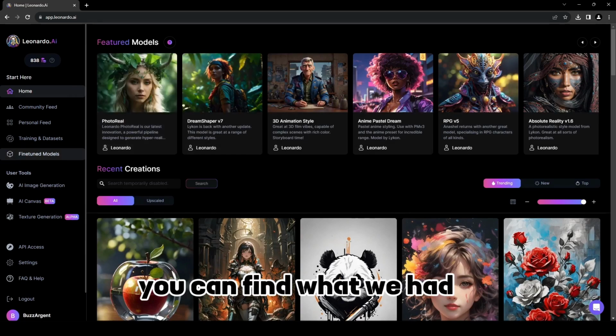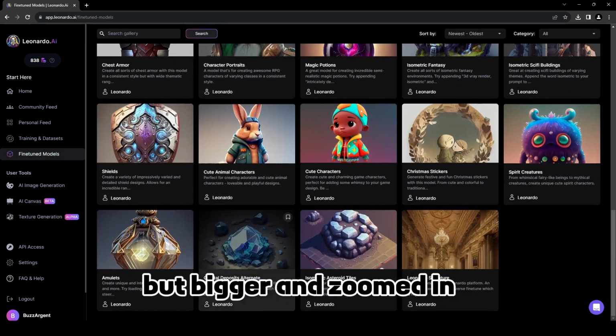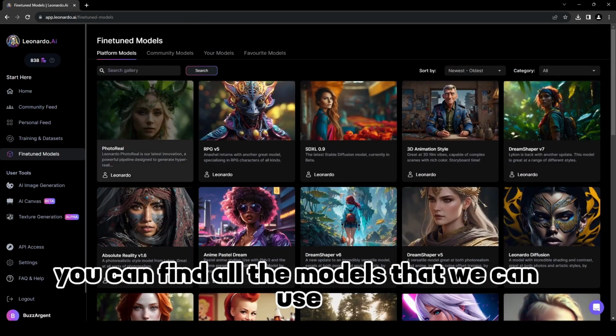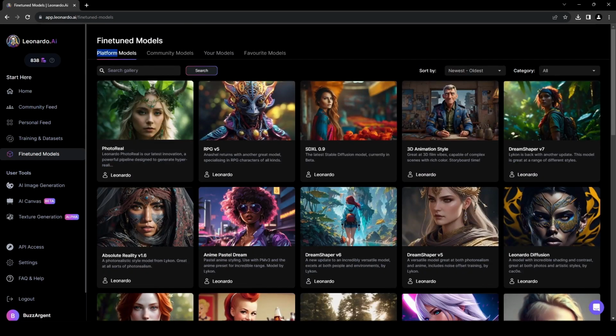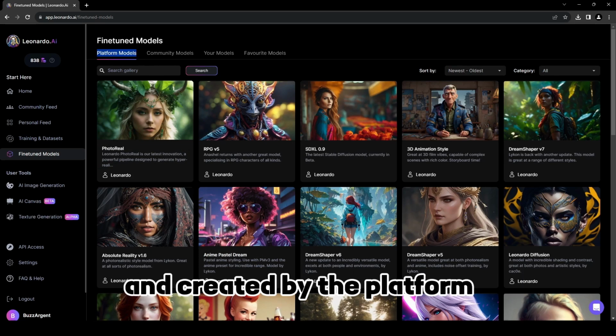Here you can find what we had on the homepage, but bigger and zoomed in. You can find all the models that we can use. And these are the models supported and created by the platform. But you can also